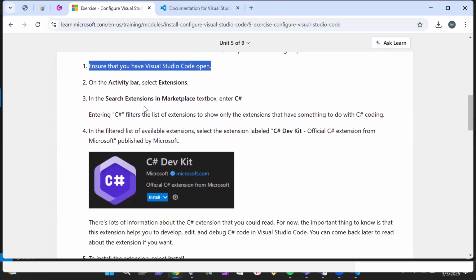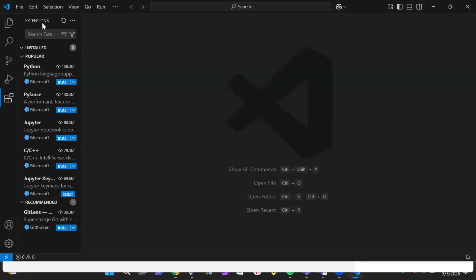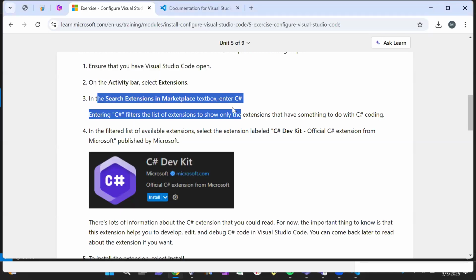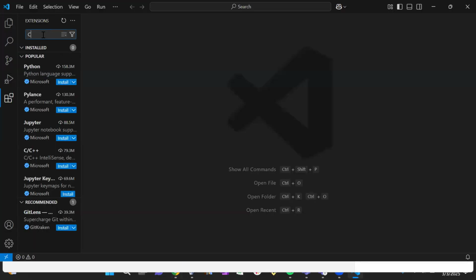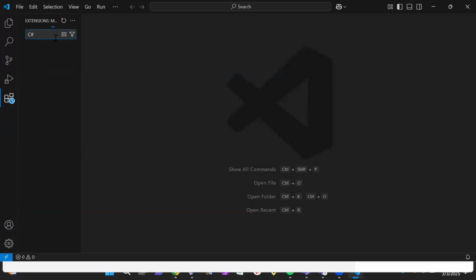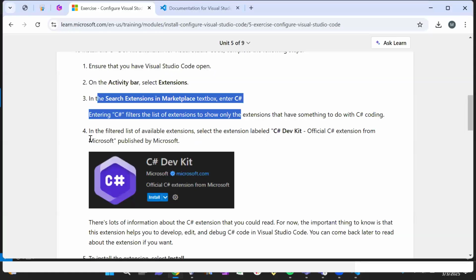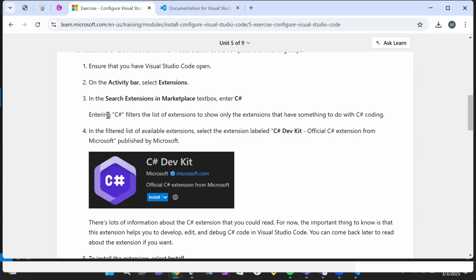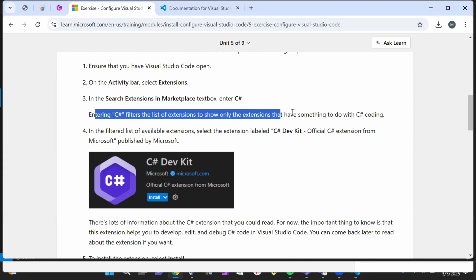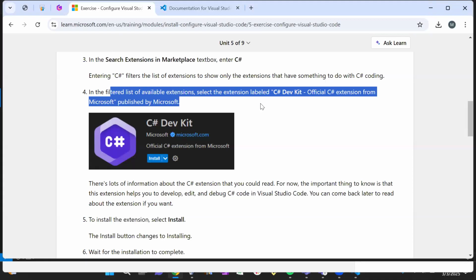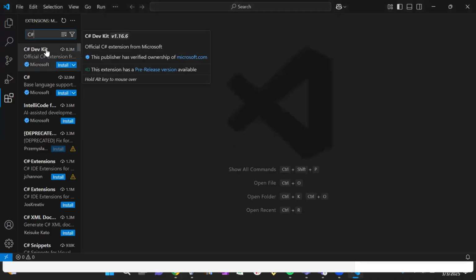On the activity bar, select extensions here. And then in the search extensions in marketplace text box, enter C#. Let's see if it displays anything. Before we know which specific one to use, let's go back to the documentation to show only extensions that have something to do with C# coding. In the filtered list of available extensions, select the extension labeled C# Dev Kit, this one,